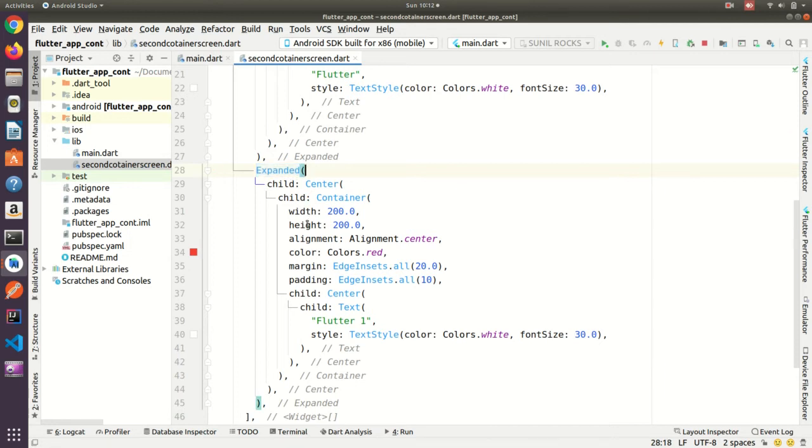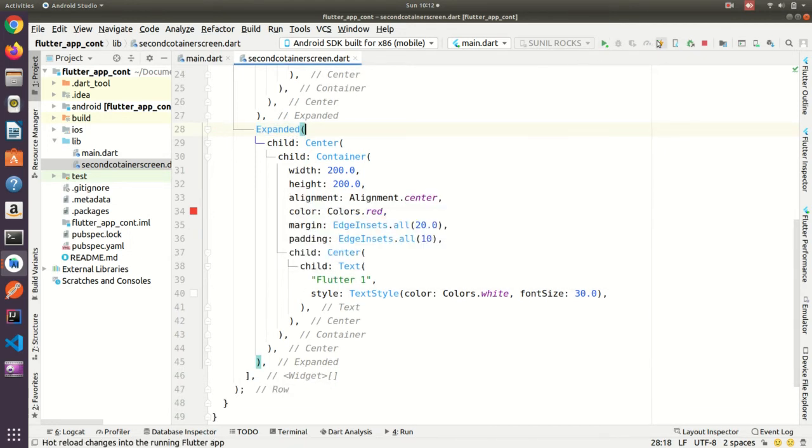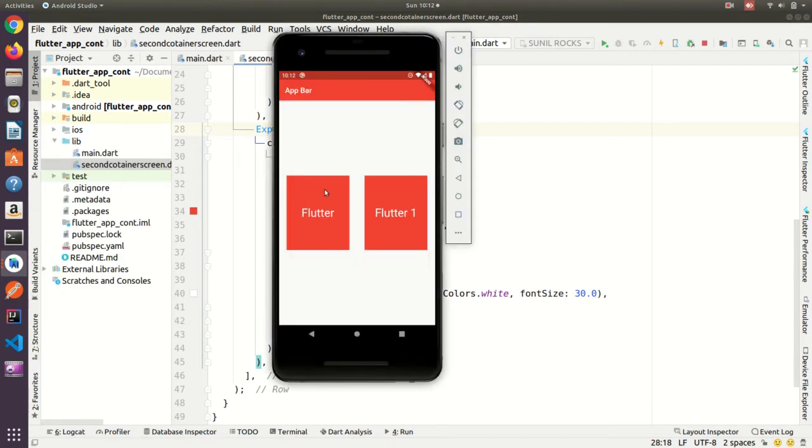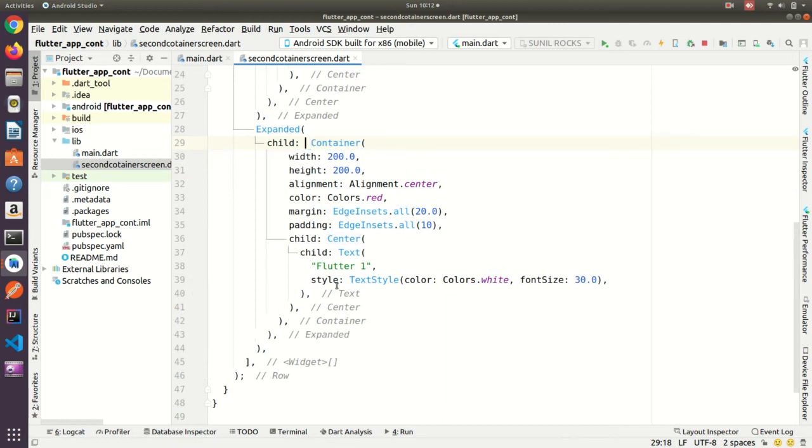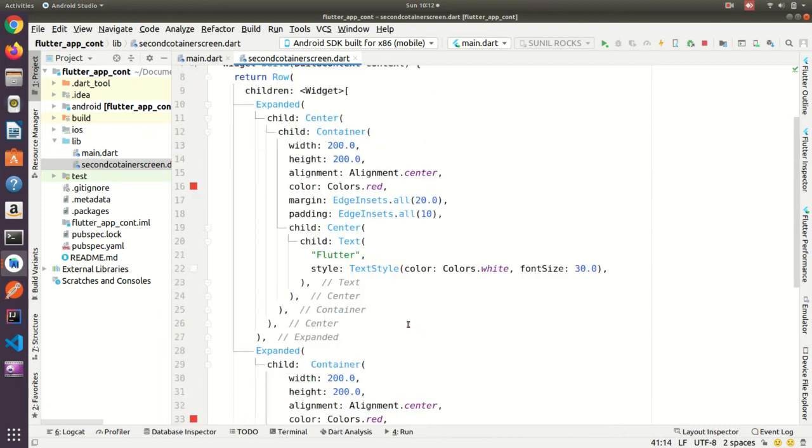Now this time the view will not get cut. You can see both views are perfectly aligned, and these things are in the center. Suppose you want this view at the top. What you need to do is just remove this child and center, and remove this bracket from here.